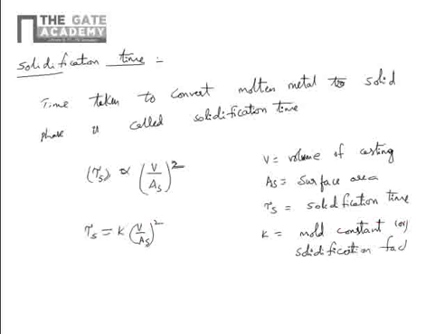This constant value they give in the problem, and you need to substitute only the volume and surface area. Once you substitute that, you will get how much time it will take for solidification. This is one of the important problems which they have asked many times in GATE. If you look at the problems in GATE,